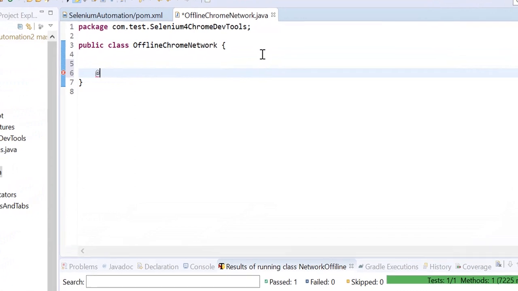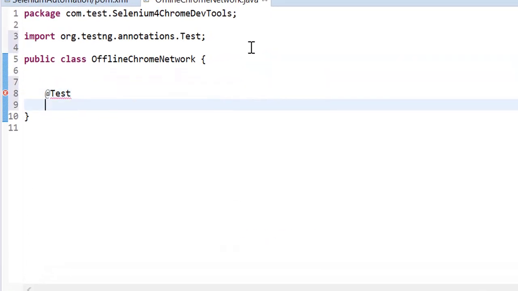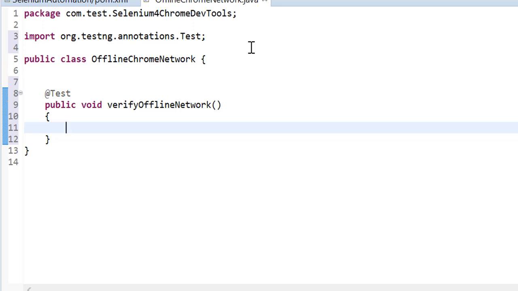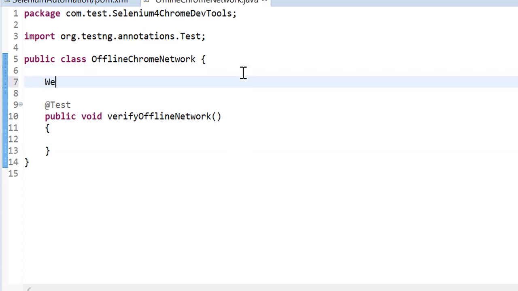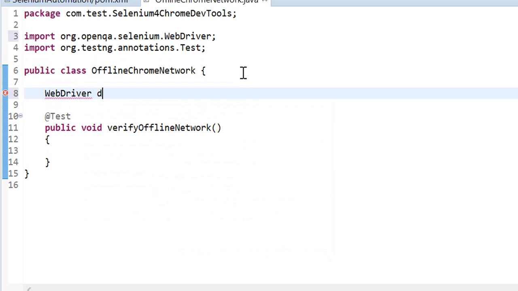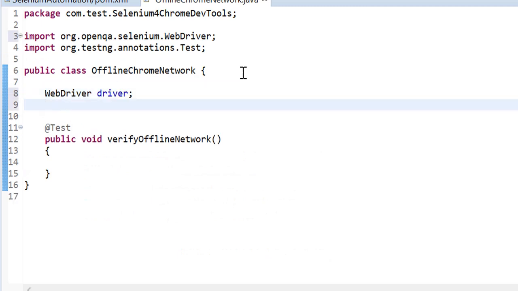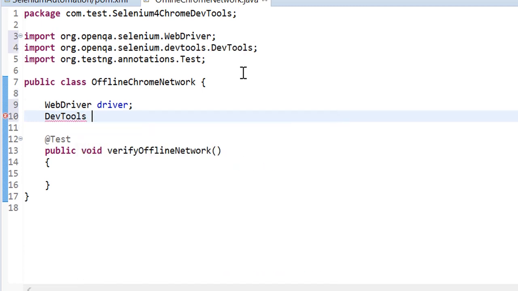I am going to use TestNG here. Test. I'll say here public void verify offline network. Now I'll create a few global variables, WebDriver, and also I'll create DevTools, which I am going to talk about today.